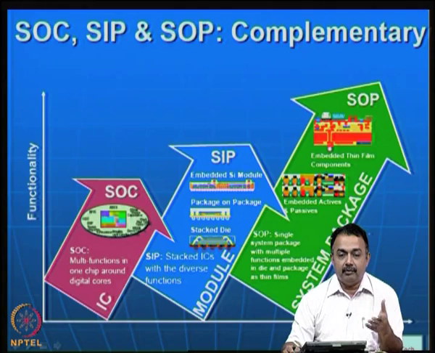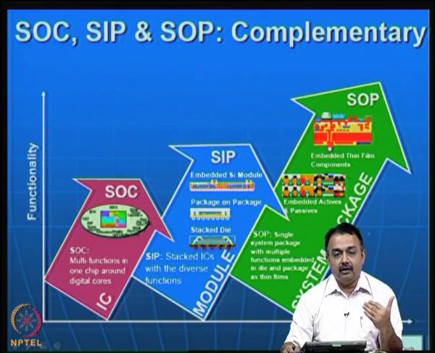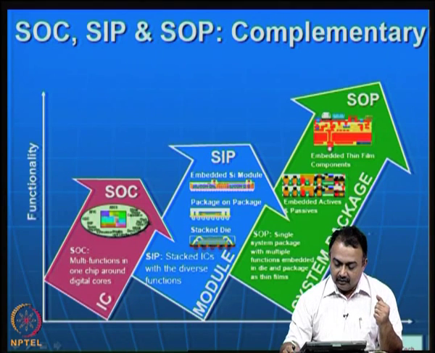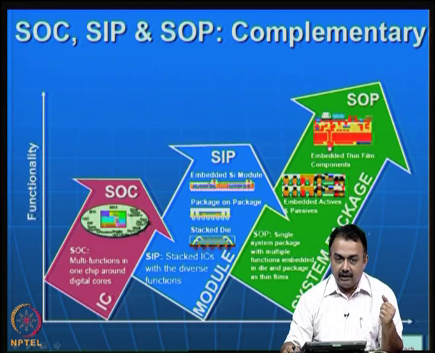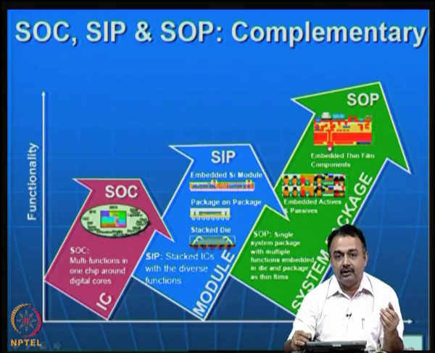One can be an EEPROM, one can be a cache, another one can be a memory or controller, codec, whatever it is. So, you can have 3-4 dies grouped together on a single substrate. Now, system on package is basically multi functions embedded in a die and packaged as thin films on organic substrates. The third one talks about system level packaging.